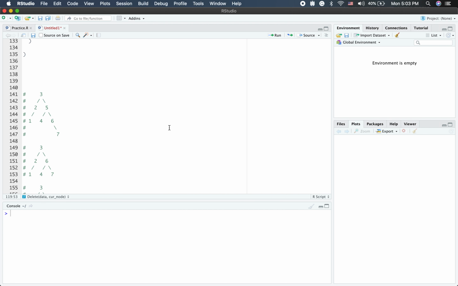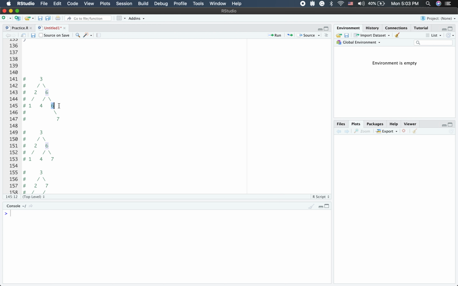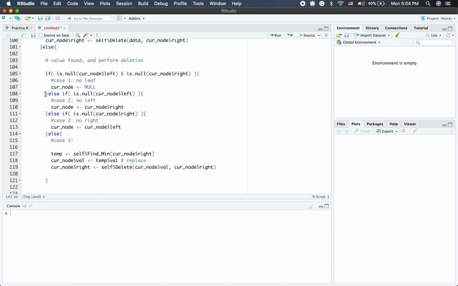So once again, we replace this 5 with 6, and then we delete this 6 and make it 7. So we delete that, and then it just becomes a case 2 where there's no left child, so the 7 will be pushed one level up, and that case has already been taken care of, case 2 and case 3. So we can just directly call the delete function, and then it will perform